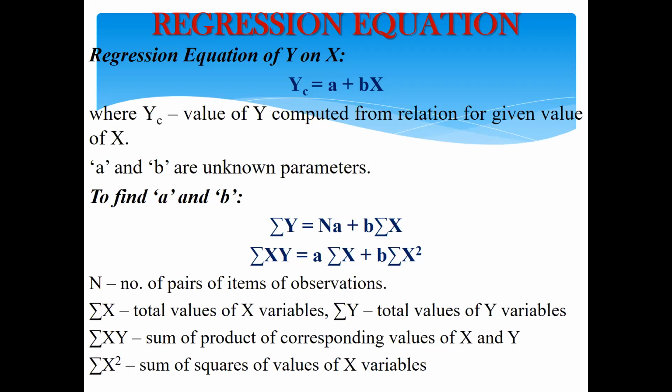And you know what you have to do. The problem will be given with the x values and the y values. So you have to find summation x, summation y, x square, y square, and xy, and find the summation. It is the same procedure we followed for the trend value. In the fourth unit we worked out the trend value problem, right? That's one. Everyone copied? Okay, done. Now I'll move on to the next formula.